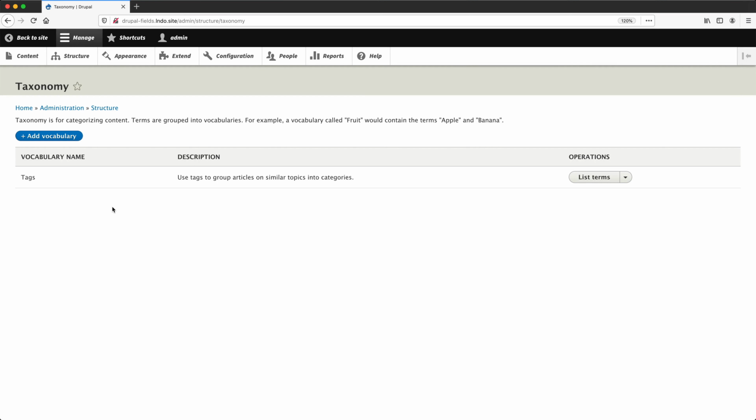In the previous video, you learnt about the taxonomy system at a high level. Now let's do some actual site building. What we'll do now is create two vocabularies, product category and product tags. Product category will allow us to categorize products into a single category, and product tags will be used to tag